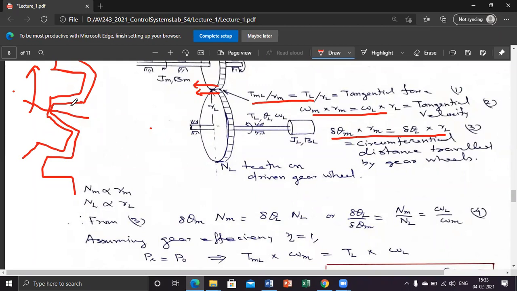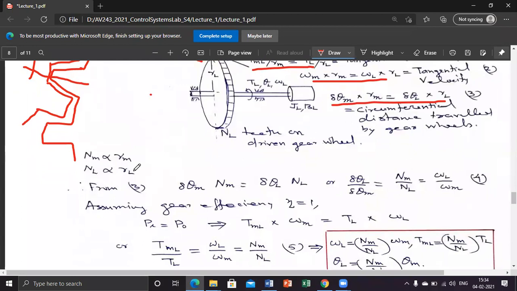If you keep different width, I mean the overall angular width, there will be clearance. So if you assume that the gear ratio is equal to 1, then the number of teeth on the driving and driven wheels will be equal. So we will be making it like that only. Otherwise, we cannot accommodate different widths if they are mechanically engaged. So you have to avoid play, which means that part will be the same.